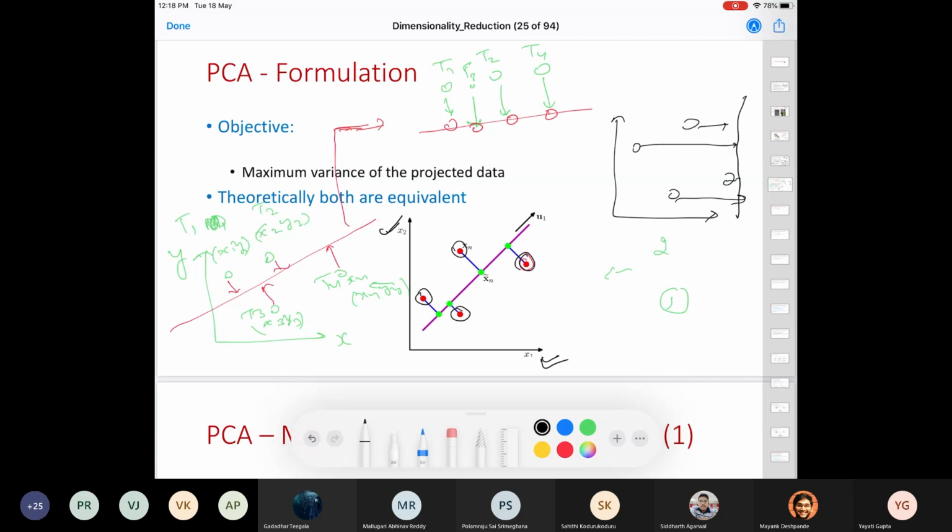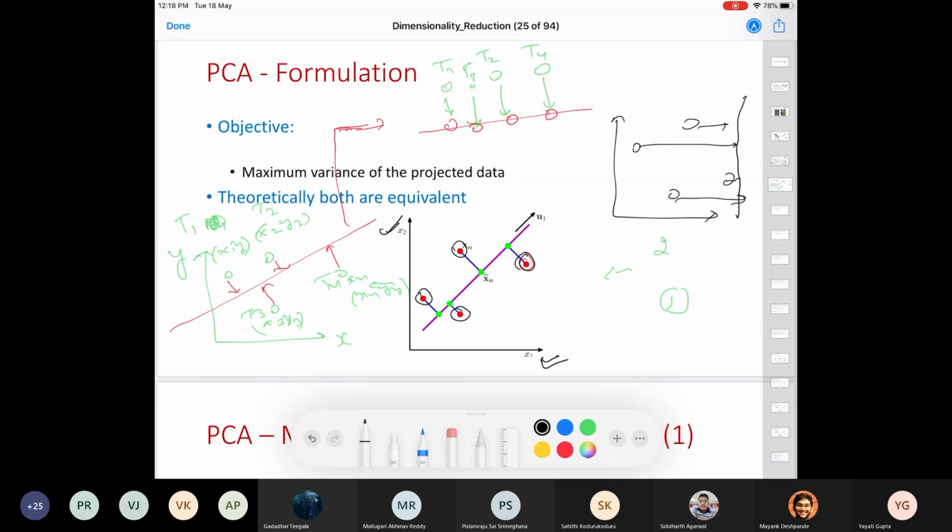I am trying to project these data points onto an axis while trying to minimize the distance between these points and the projected line.